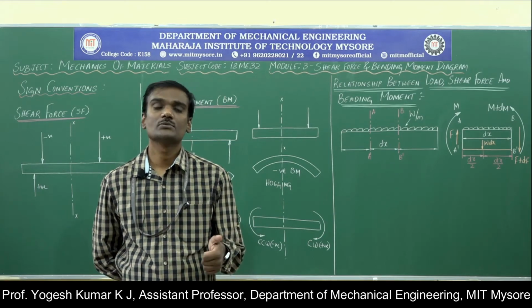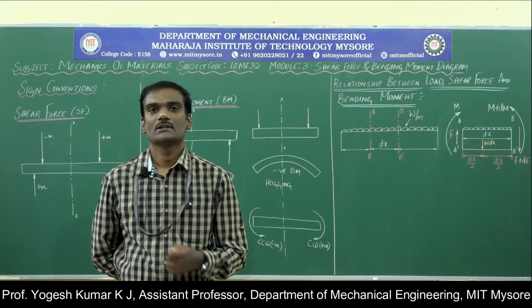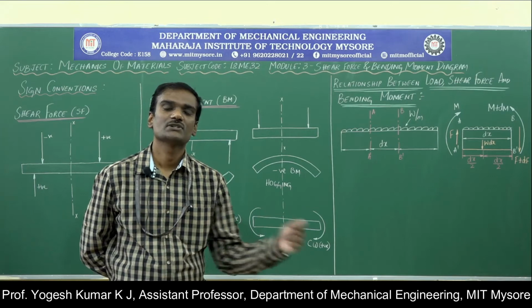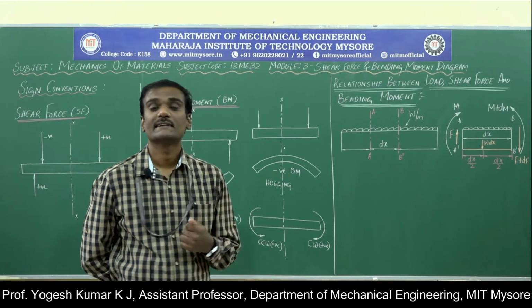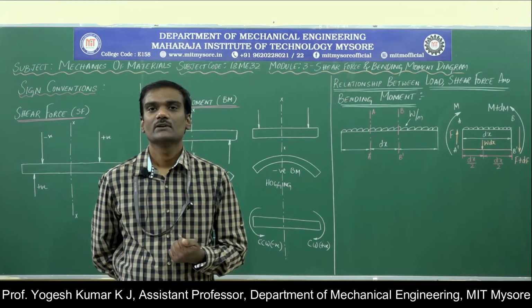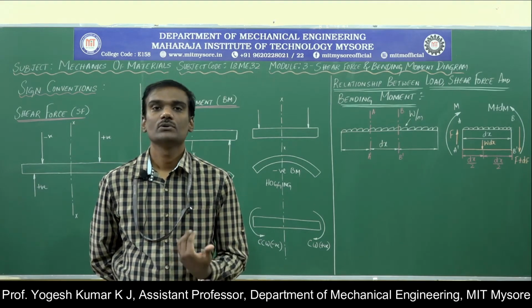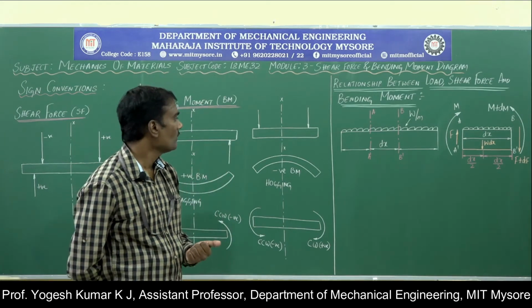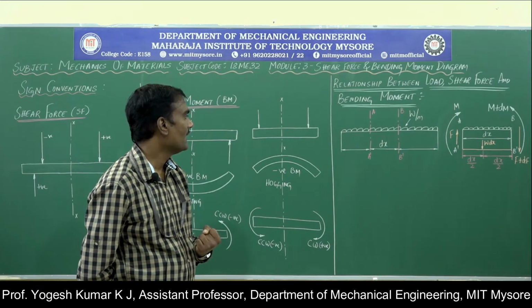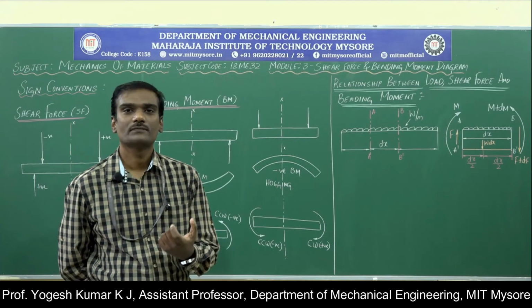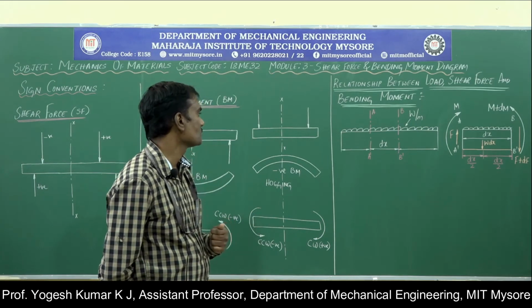What is the meaning of uniformly distributed load? The load is distributed over the entire span length of the beam, or the load is consistent at each and every location of the span length of the beam. So the magnitude given to us is W Newton per meter. Now let us consider the sections AA dash and BB dash for an elemental length of dx, as shown in the figure.